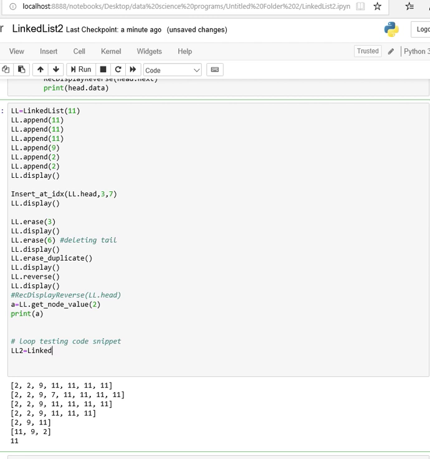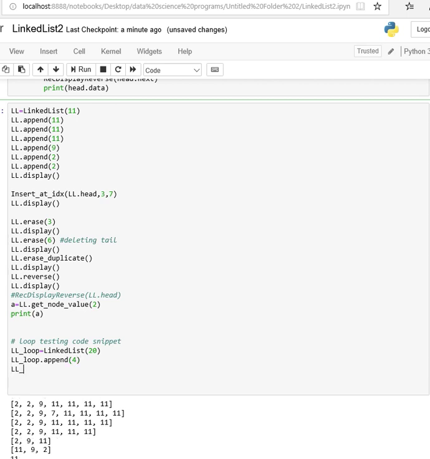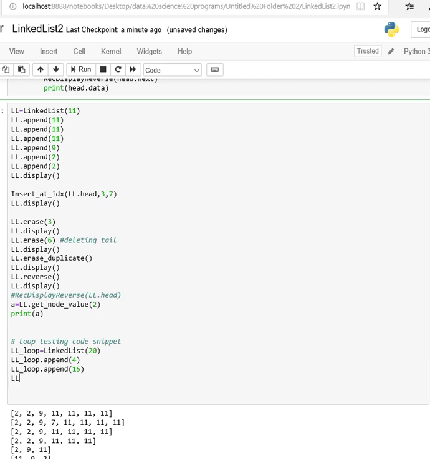Previous one was only ll, or we can name it ll_loop since it will have a loop. We'll first initialize the head as 20 and then ll_loop.append, suppose you can add anything, 4, then 15, and then ll_loop.append 10,